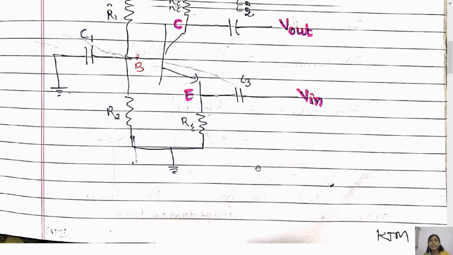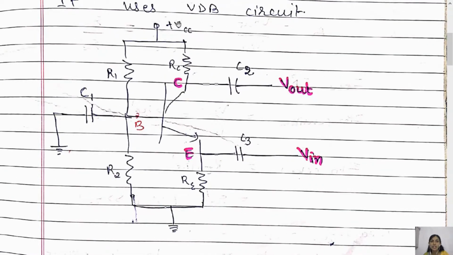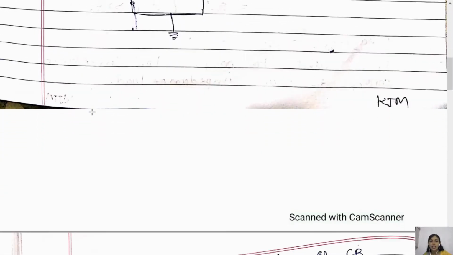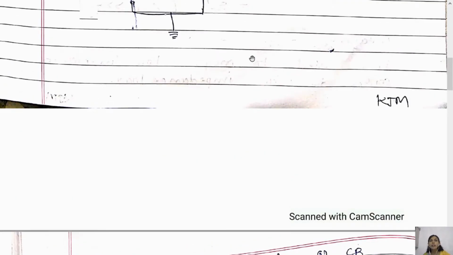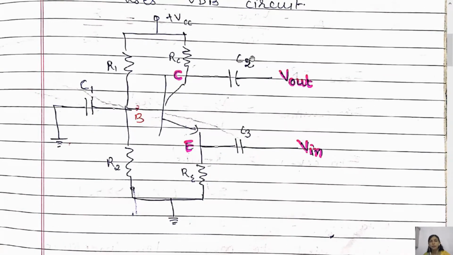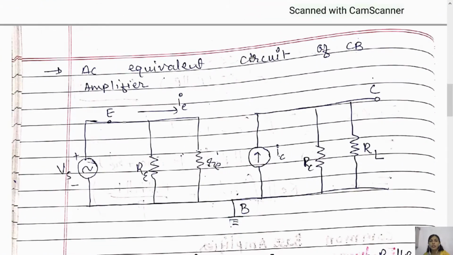Look at this again, the DC bias circuit in which plus VCC is applied and capacitors are also connected. But in the AC circuit, we have to remove the plus VCC and capacitors. So this is the equivalent circuit of the AC common base amplifier. It is just a pi model in which you are representing your main DC circuit. First I have drawn the simple pi model, reverse pi. Actually it is reverse pi.